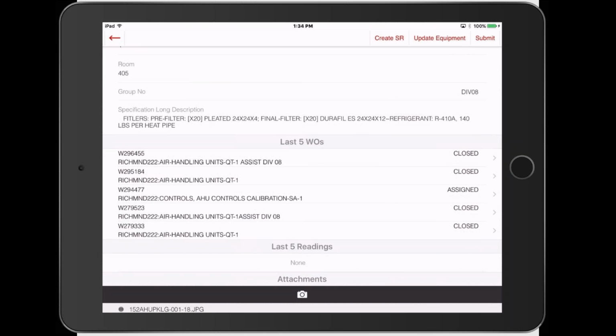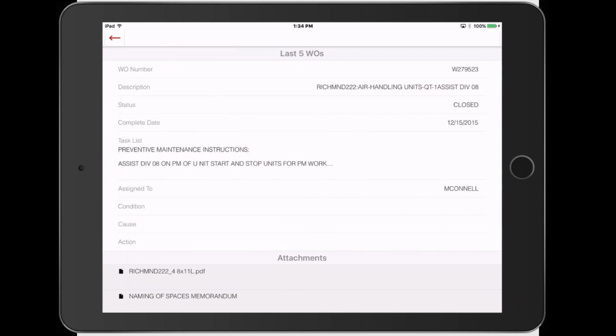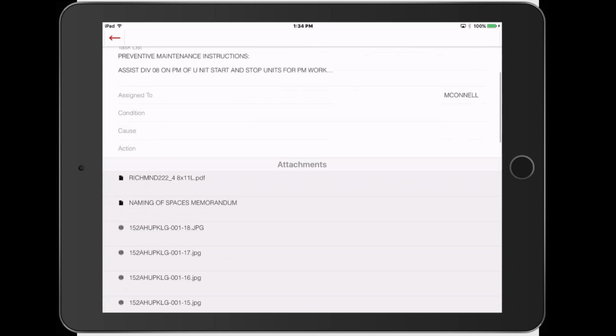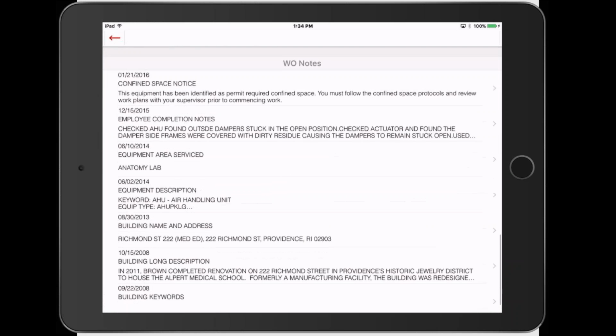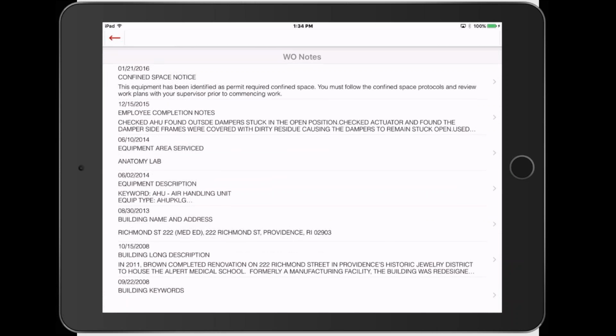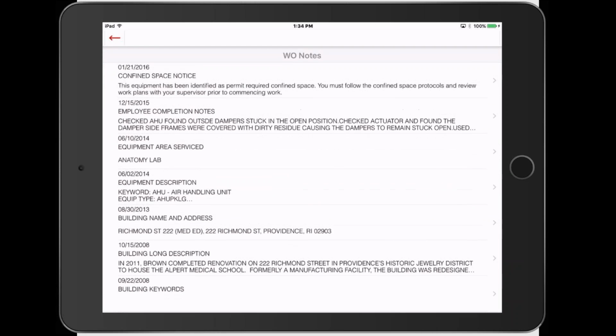So here are the last 5 work orders. I can pick any one of those. I'll just grab one of these and tap on one of those that was closed. And again, you can scroll through this now, and this was the history on one of these past work orders. So here we have the employee completion notes from when this work was done before. So let's see, I'm going to tap on the